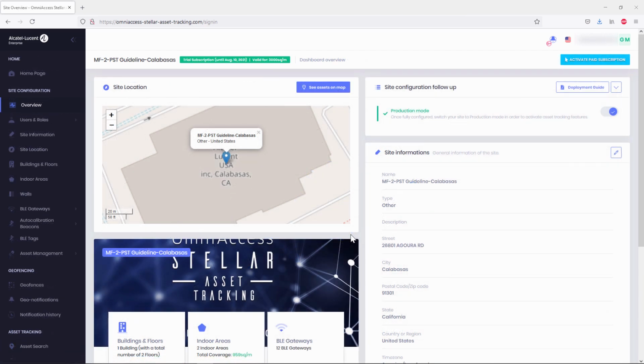As explained previously, the stellar asset tracking solution will perform as intended after multiple tests and modifications. As soon as a parameter is changed on the asset tracking manager, you need to pass the site in production mode again. If a gateway or beacon placement or elevation is changed, that will impact the algorithm used to locate the assets. That is why the site must be passed into production